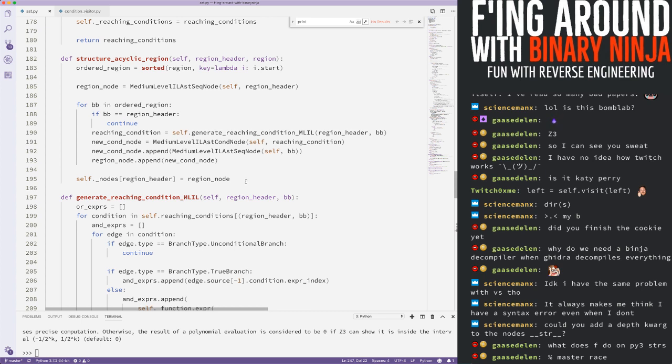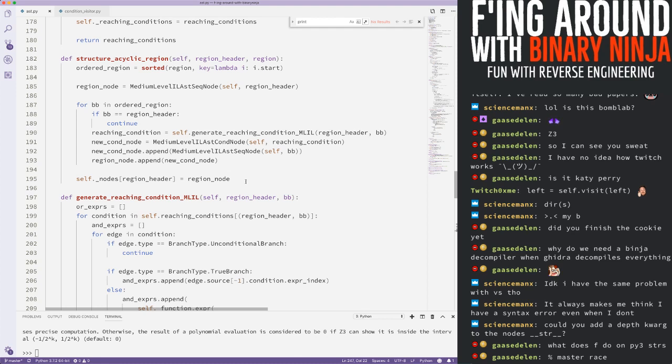Okay. Well, I know the reaching condition for the... Yeah, so I need to make a region that is everything underneath the